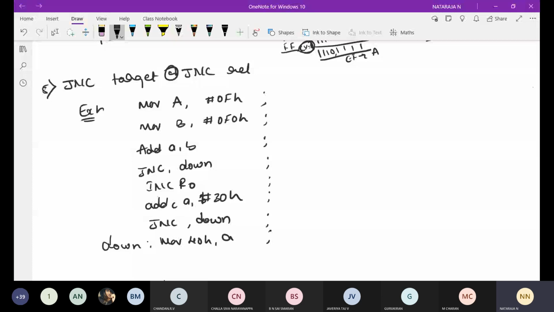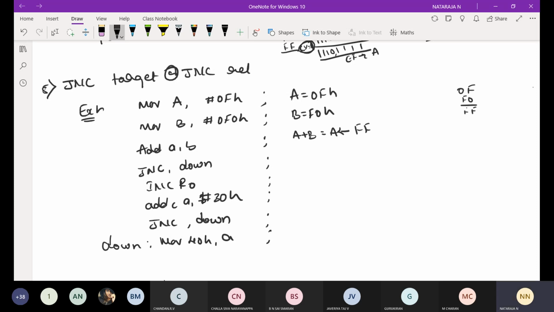Shall we trace this? Now I'm going to load A equal to 0Fh, B equal to F0h. I'm going to add A plus B, and A is stored with 0F plus F0, you get FF. FF is correct.